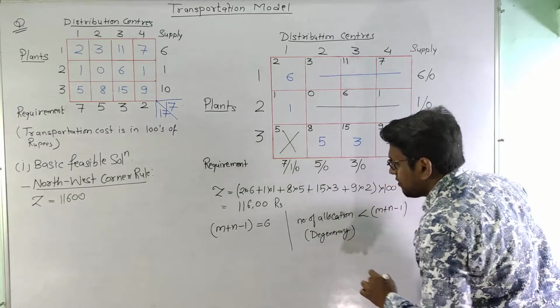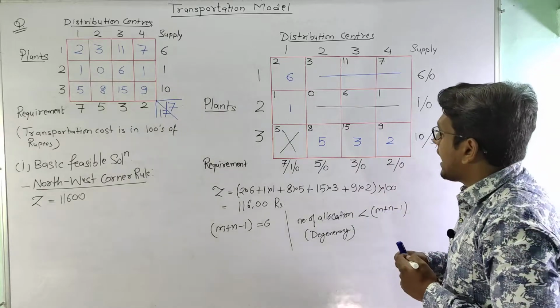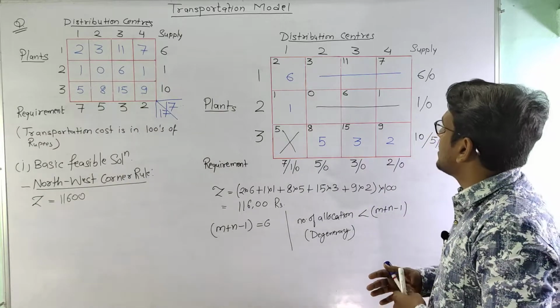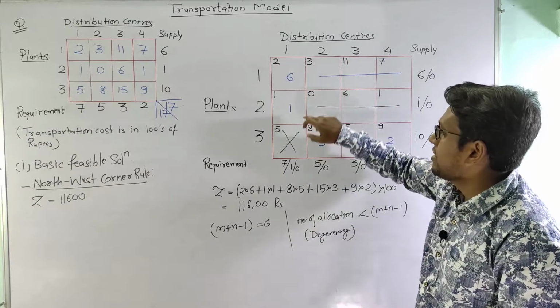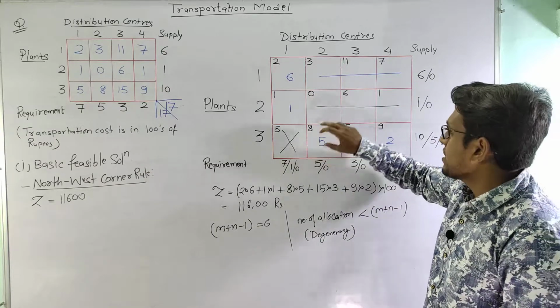Okay, it is a case of degeneracy, and this states that there is one potential cell available